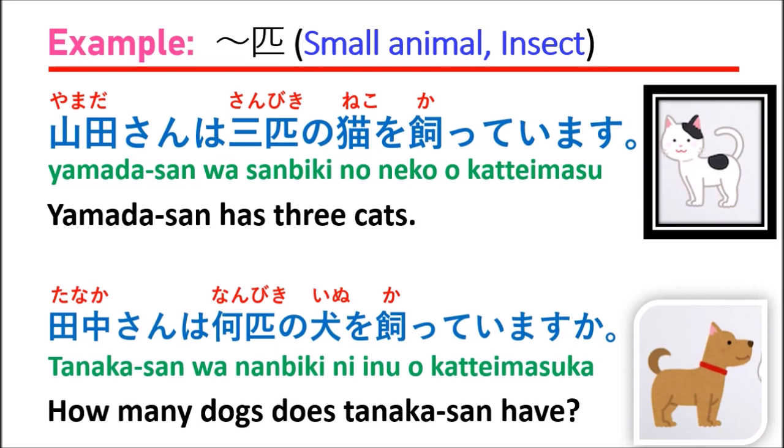And for the second sentence, we have 何匹の犬, right? 何匹の犬, 何匹 means how many. But if you use it with a dog, inu, that means